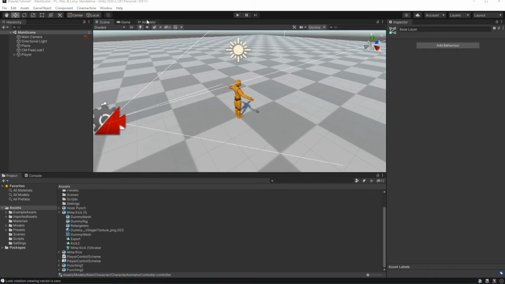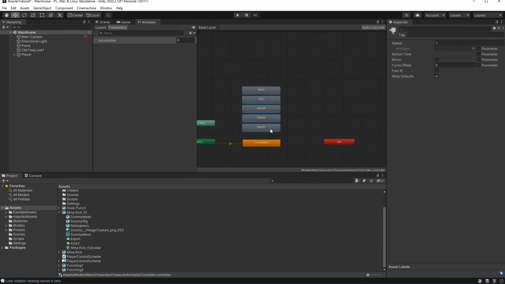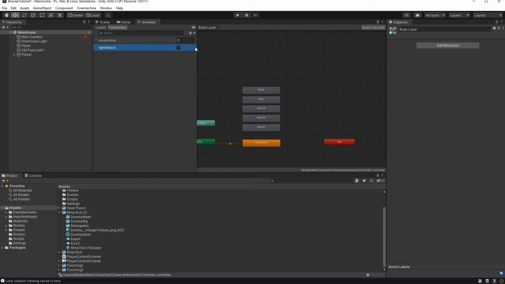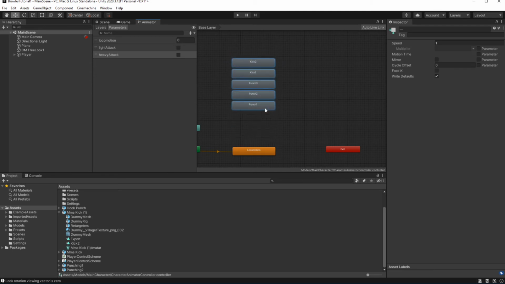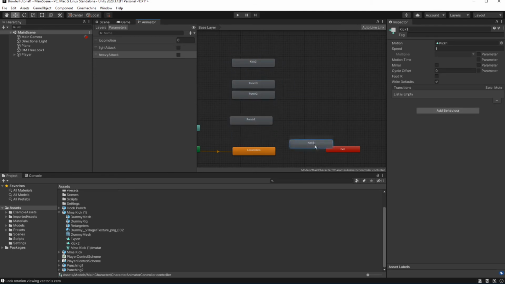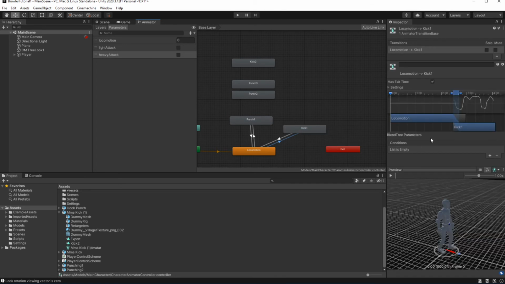Open the player animator. We already have all animations in the animator. Let's create a bool parameter called Light Attack and bool parameter called Heavy Attack. Set up the transition to the punch 1 using light attack and kick 1 using heavy attack.